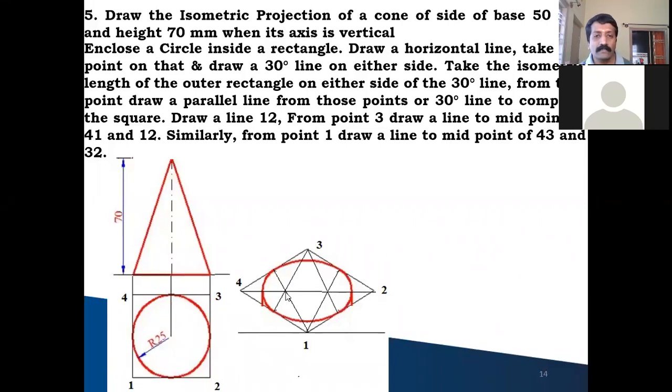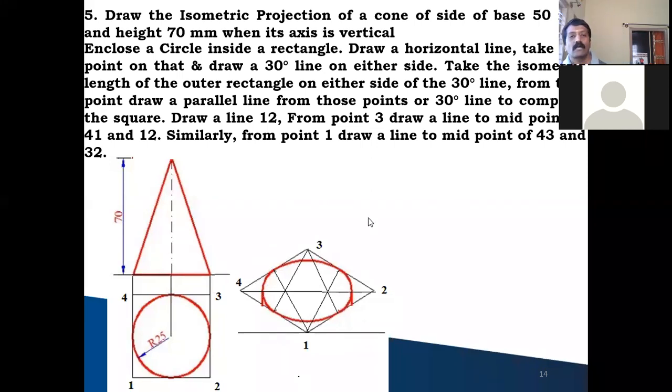Now from this intersection, this is the third point, either this or this as the radius, you construct an arc like this from here to here. So now the fourth point is this intersection. From this intersection point, either this or this as the radius, you draw an arc in this fashion. After drawing all these 4 arcs, you will get a perfect ellipse. So this is your ellipse, this is the base of your cone.